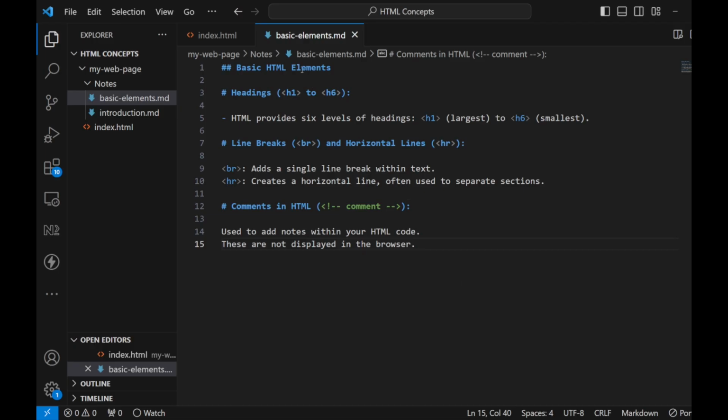Hi everyone, let's discuss basic HTML elements. Okay, first one is headings. These are H1 to H6 tags and it provides 6 levels of headings. H1 is the largest and H6 is the smallest. Okay, and we have line breaks that are represented by the BR tag and horizontal lines that are represented by the HR